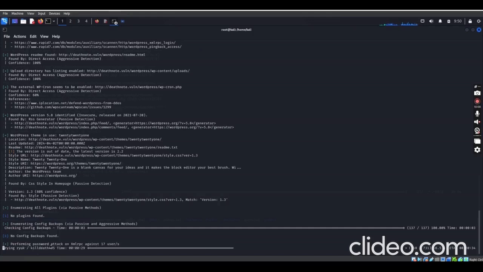It's taking its time. It's an automated process. Once it finds the right password, it will stop immediately. So let's hold on to see if we can get the password from it.